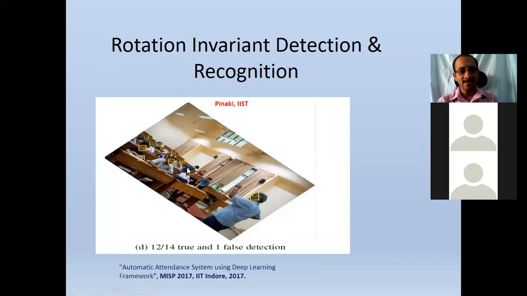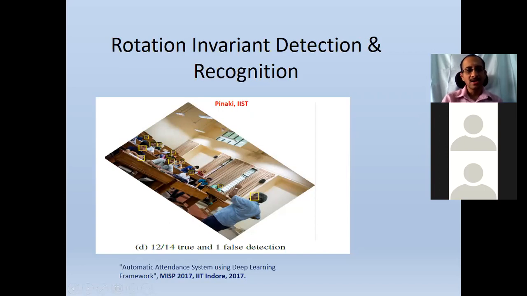This is the same problem here. Say I want to detect faces, but now it is a rotated image. Somehow I have taken the image like this, and I still want to detect the faces. So the accuracy drops heavily. In that case we need to look for methods that will easily adapt to such situations, because these things are not very uncommon. For example, if a bike riding competition or some gymnastics is going on, people may rotate, and still we want to detect and track them.